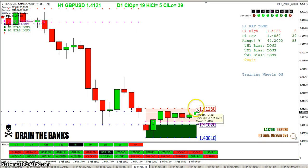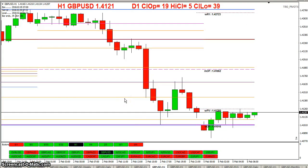But you can see here, we really don't have much of a range. 44 pips. So at this point in time right here, there really wasn't a rat zone trade. Usually like to let the price spread out before I start trading a rat zone. And